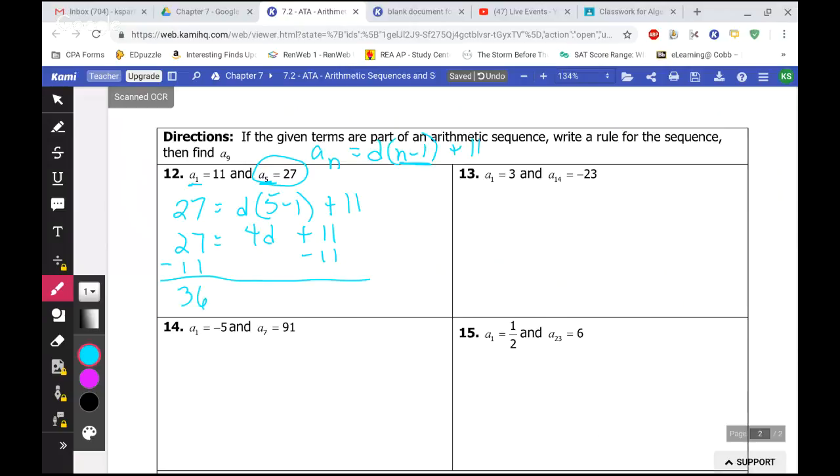And now you have 36 equals 4d divided by 4. And d equals 9. So now to find the 9th term, you would plug in the common difference, which we found, which is 9,